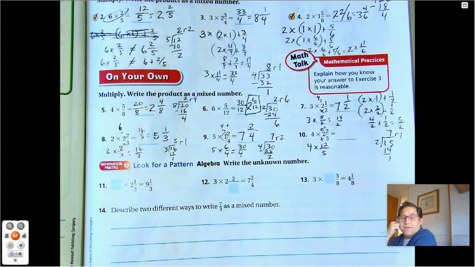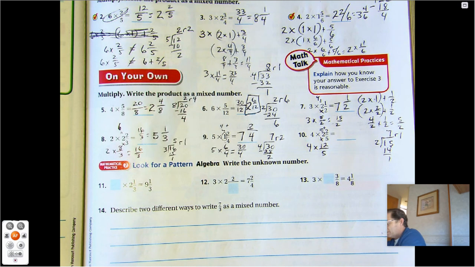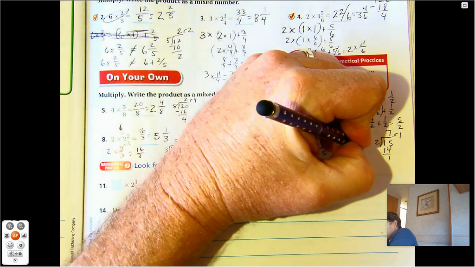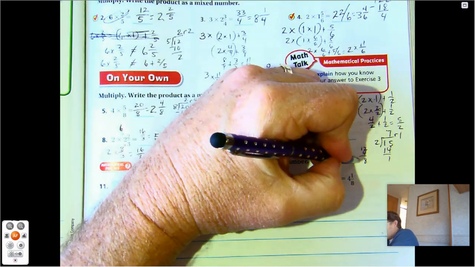Okay? 5 times 2 is 10. 10 plus 2 is 12. So we have 12 parts. We have 12 1/5 parts. All right, times 4 sets of them. So 4 times 12. 4 times 2 is 8. 4 times 1 is 4. So